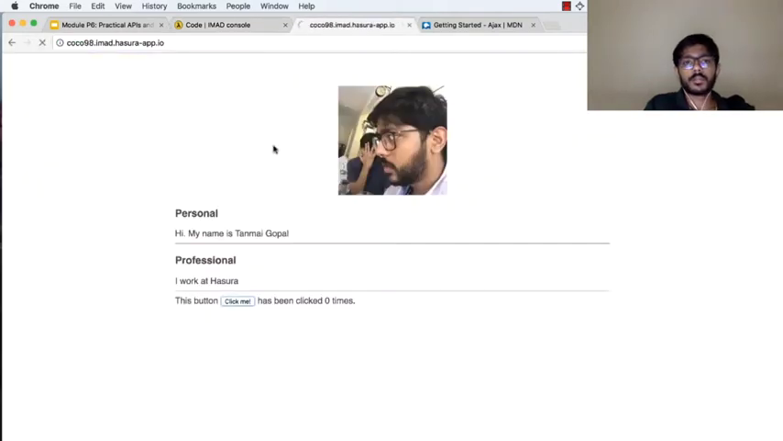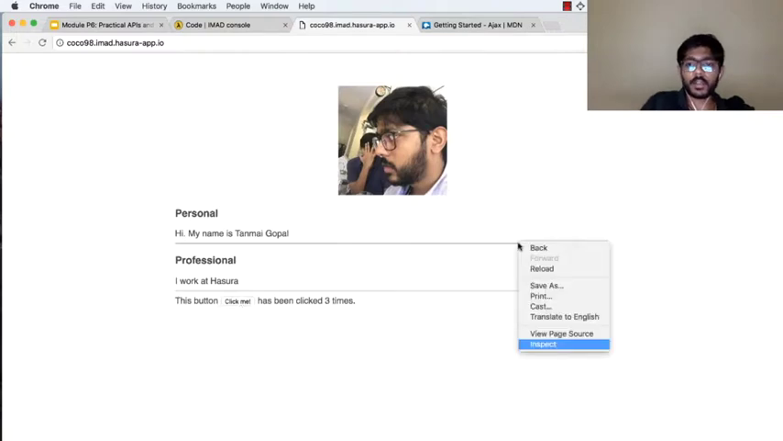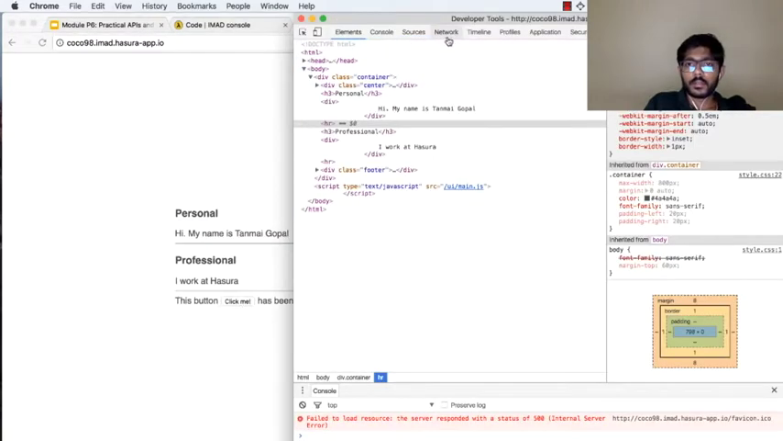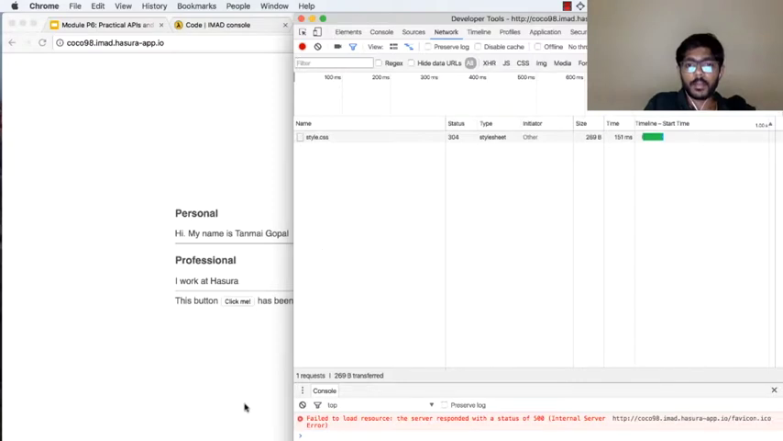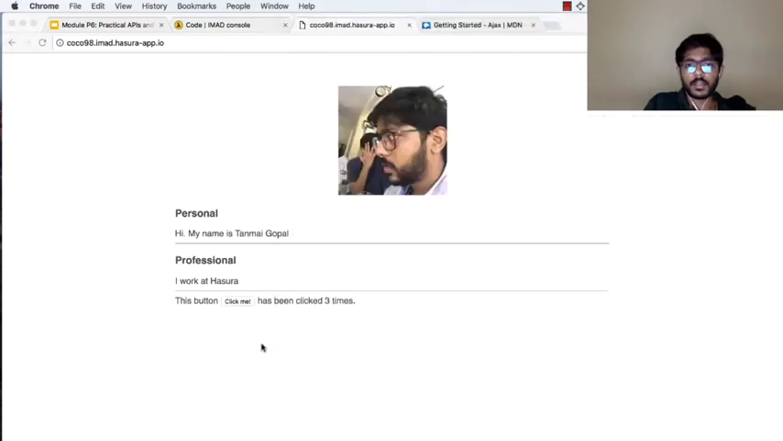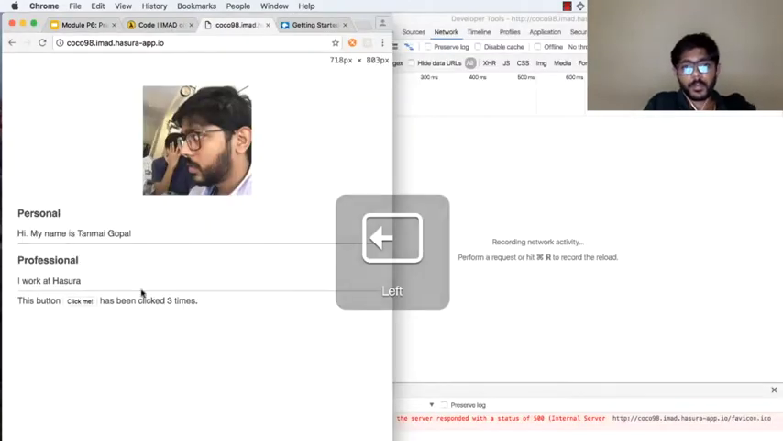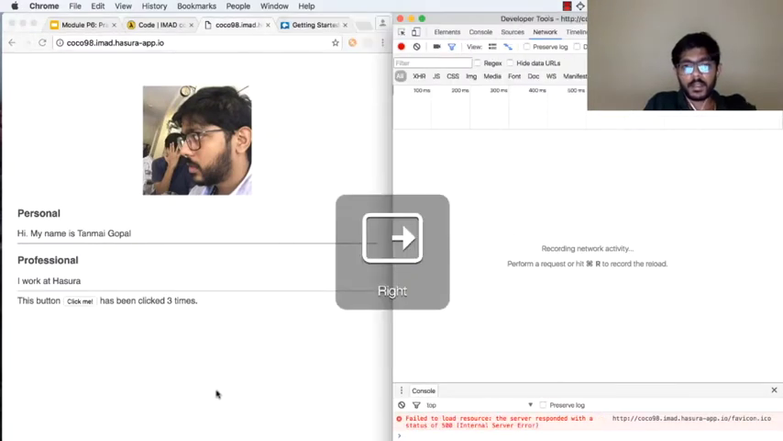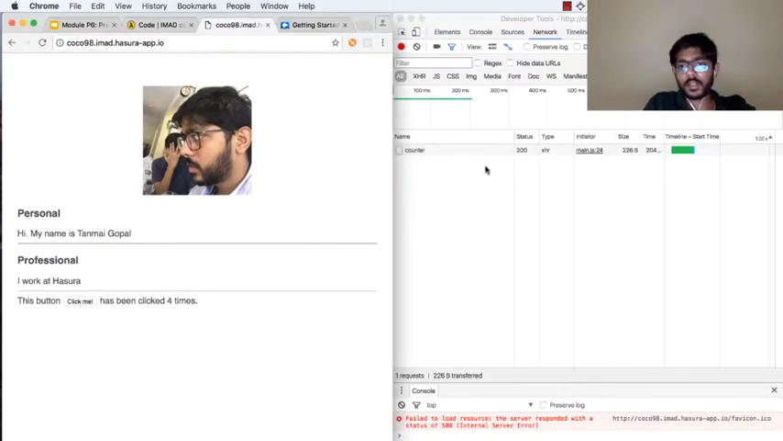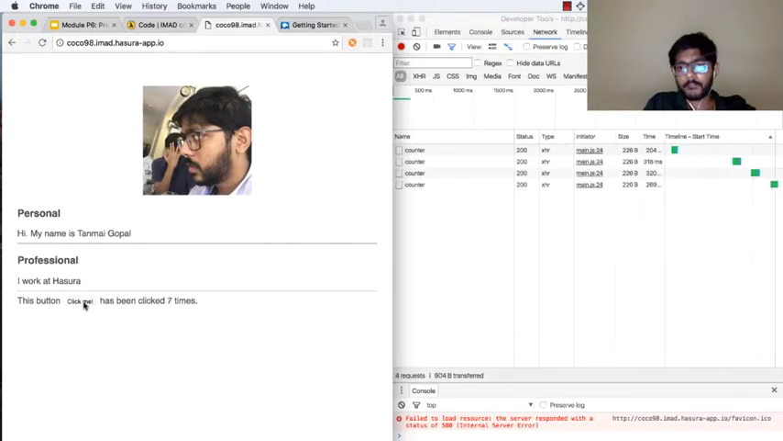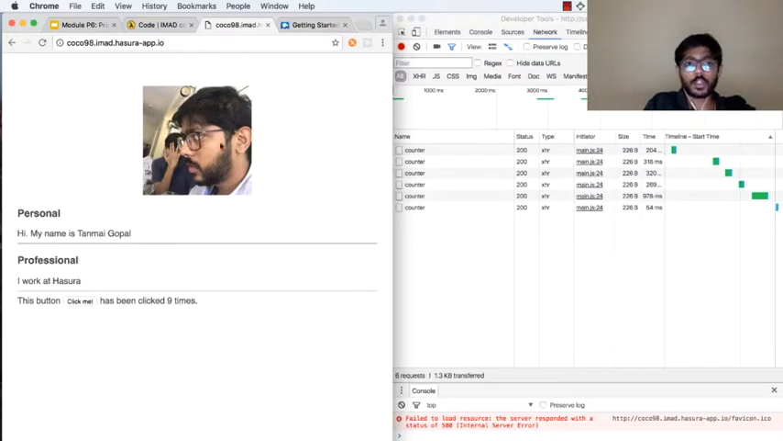Refresh our page here. Cool. So let's click on this and you can see that it's working, right? It's changed here. Let's go to inspect element and go to the network tab, and let's just clear this. So resize this. So every time I click here, you can see that a request is made, right? Every time I'm clicking here, a new request is made,